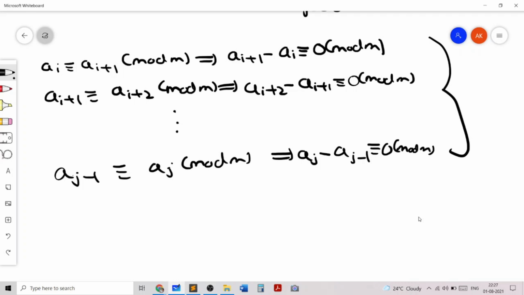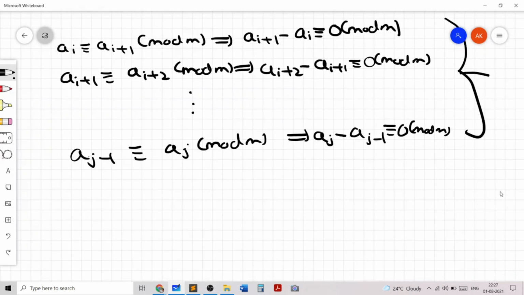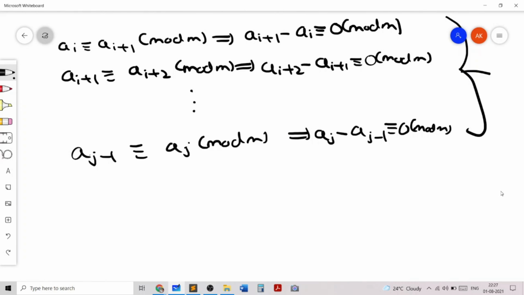Why is that true? Because we remember that m is not fixed, m is variable. And the moment we have something like 0 mod m, we know that this actually means divisibility. So we have reduced some complicated modular equations to something much simpler, that is divisibility.